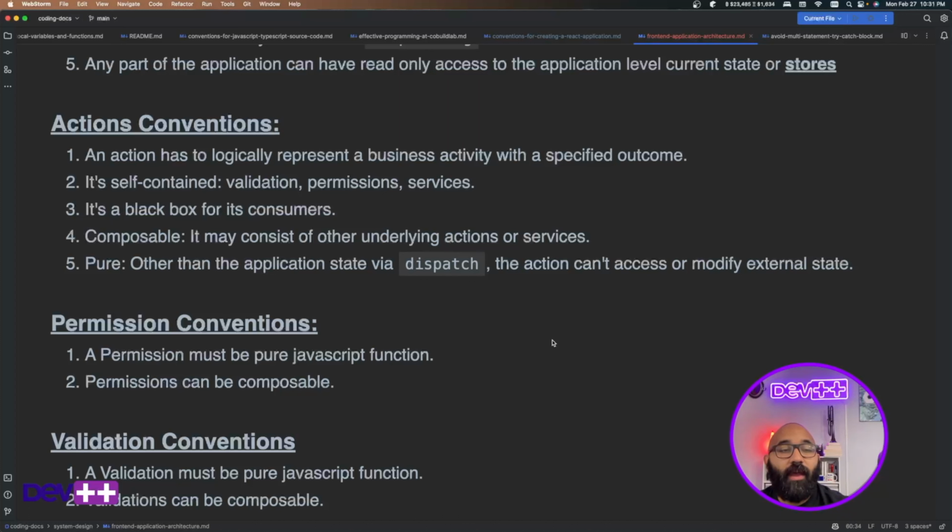First of all, the actions. An action has to represent a business activity, whether it's an API, a local action in your front-end application, a route, a web service, or a GraphQL resolver. Why? Because you have to define validations, permissions, and that type of information in order to get it complete. It should be a black box for consumers. The user of this action shouldn't be able to modify its internals or put in parameters that modify these internals. Ideally, not always possible, it should be composable,